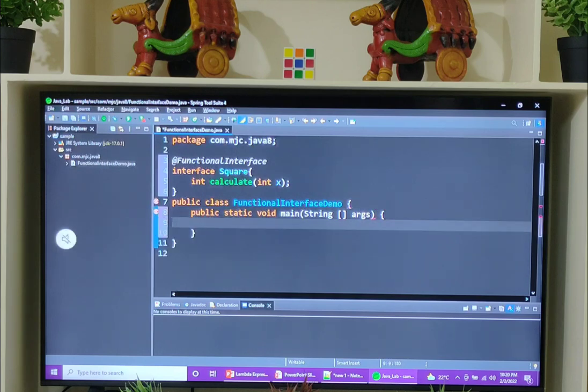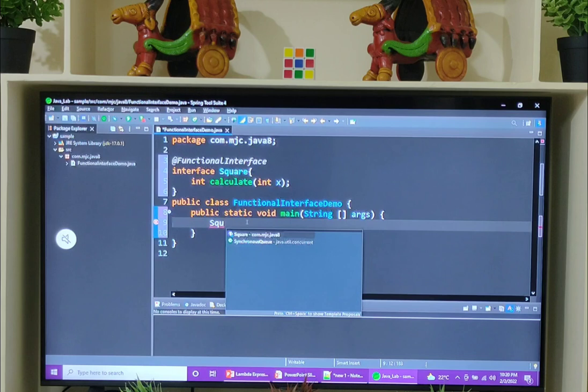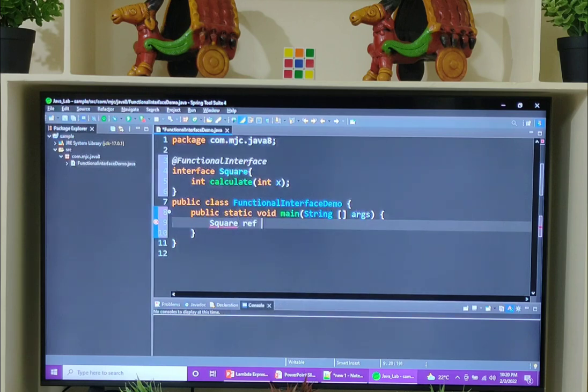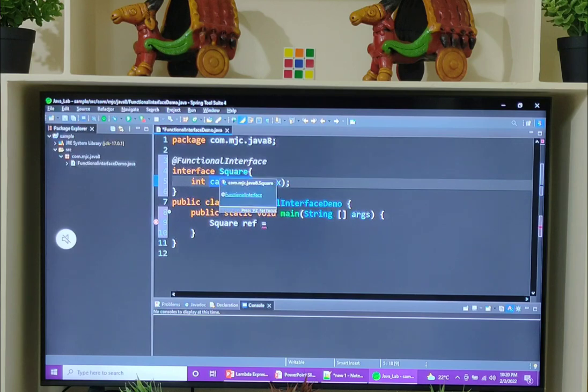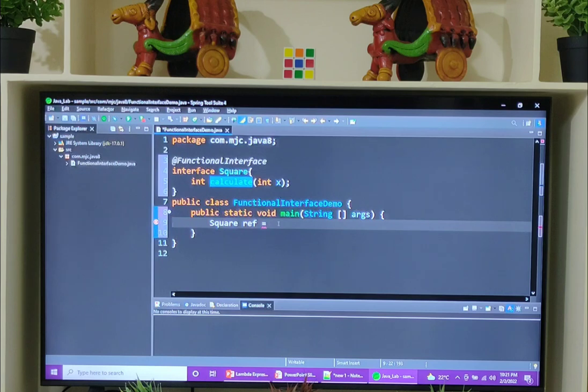And next one is, take the reference variable of the functional interface. Square reference is equal to, provide the implementation to this abstract method present in the functional interface in the form of a lambda expression. How can we write a lambda expression? x, arrow operator, and it is returning x into x.